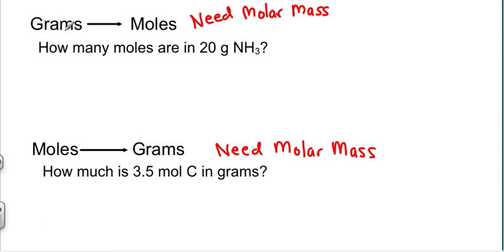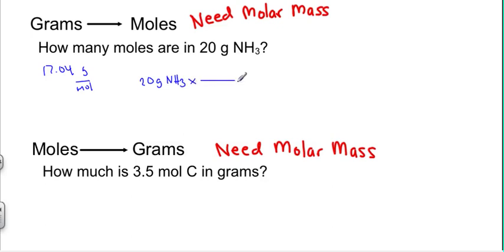If we're going to go from grams to moles, what we need is the molar mass. So if we've got 20 grams of NH3, what we need to know is the molar mass of ammonium, NH3. And we did that on the last page, so that it was 17.04 grams per 1 mole. What I'm going to use is dimensional analysis or stoichiometry. I'm going to take my 20 grams of NH3,